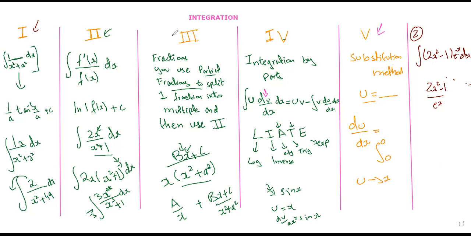And you cannot use type 3 as well. How would you make it simple? This fraction already is very simple. So the remaining methods are integration by parts and the substitution method. And I told you, always prefer doing your questions through integration by parts, because when you think of it this way, you would be able to know orally that